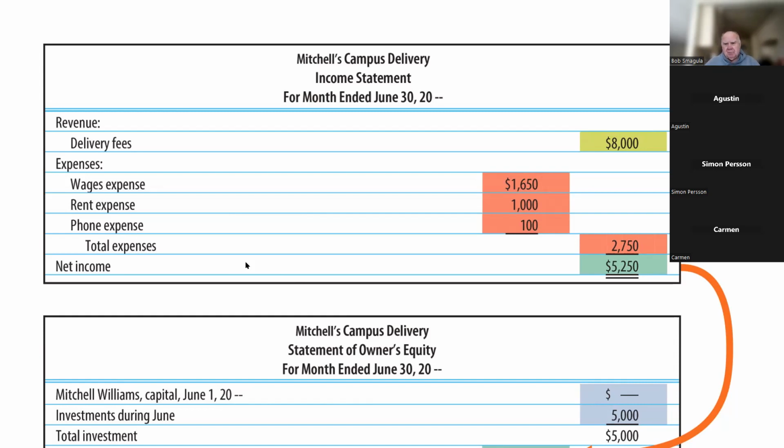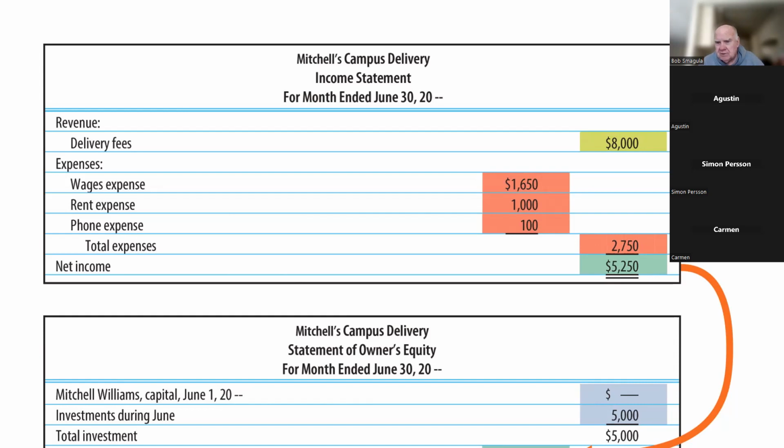They have only one type of revenue, delivery fees, and they only had those three expenses. Remember the $1,650 in wage expense, the $1,000 in rent, and the $100 in phone. Those expenses add up to $2,750. $8,000 in sales minus $2,750 in expenses yields a profit, a net profit or net income of